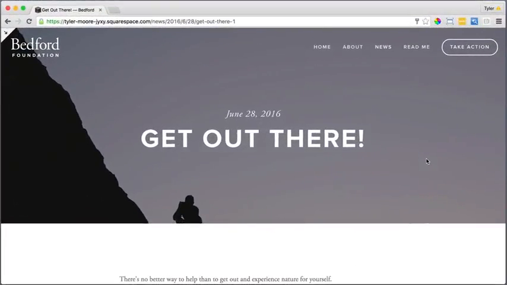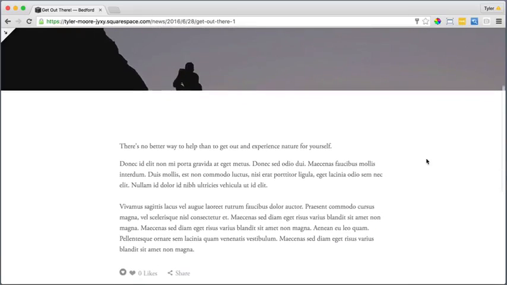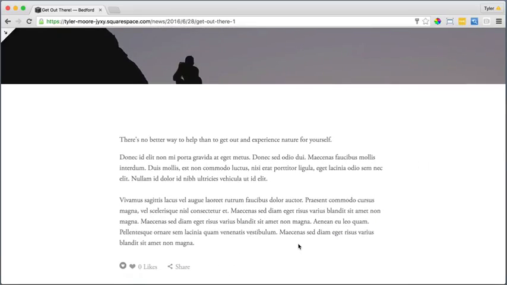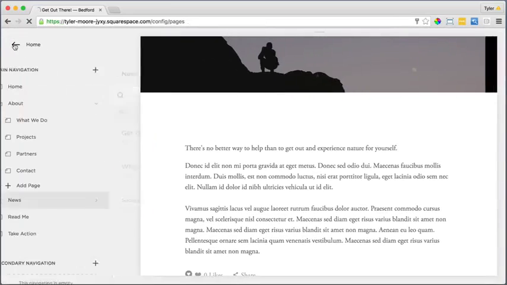Before we can say that we're finished with the news or blog page, I wanted to check out the page, and I did, and what I noticed is that the comments weren't there. So there's no way to post a comment right here. And I think this is the perfect time to test out the Squarespace support. They say they have 24/7 award-winning customer support, and we're going to try it out asking them why the comments aren't showing up. So we can just go here and go back